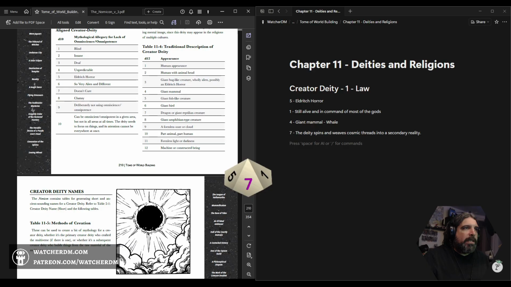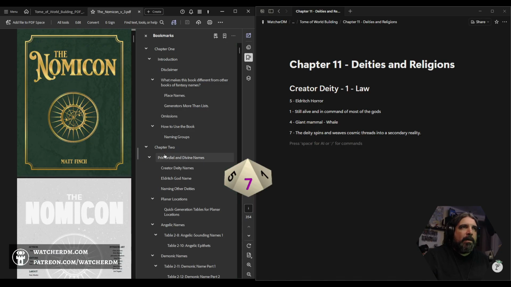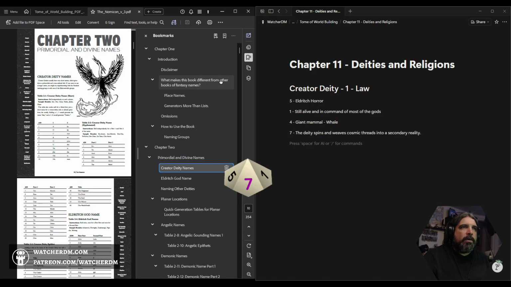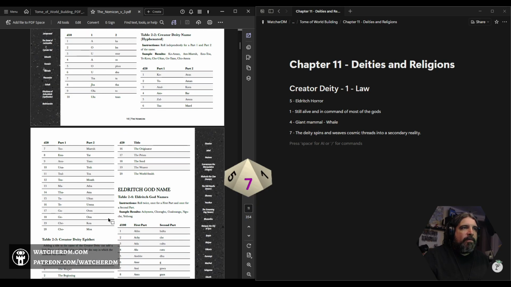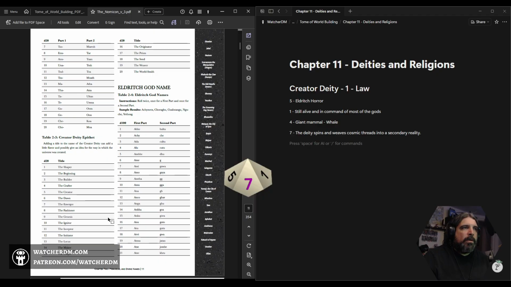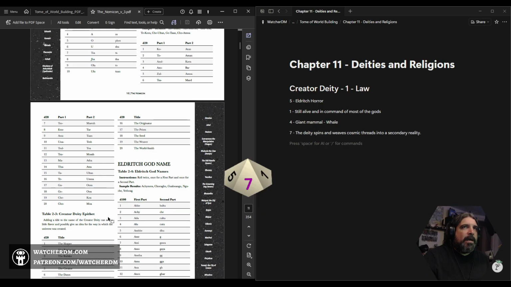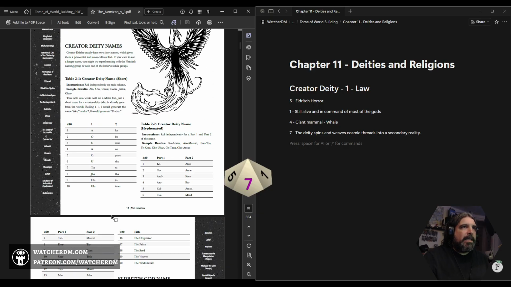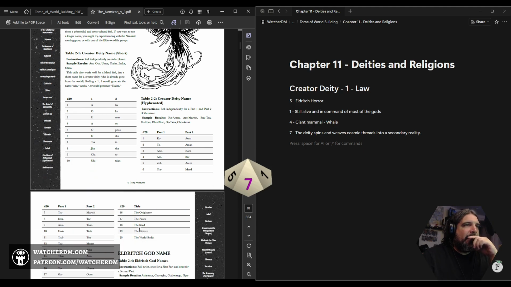And so we are going to find the names on table 2-1 in here. So 2-1 creator deity names. Boom. They have kind of two ways of generating a creator deity name, and then they have an epithet as well.